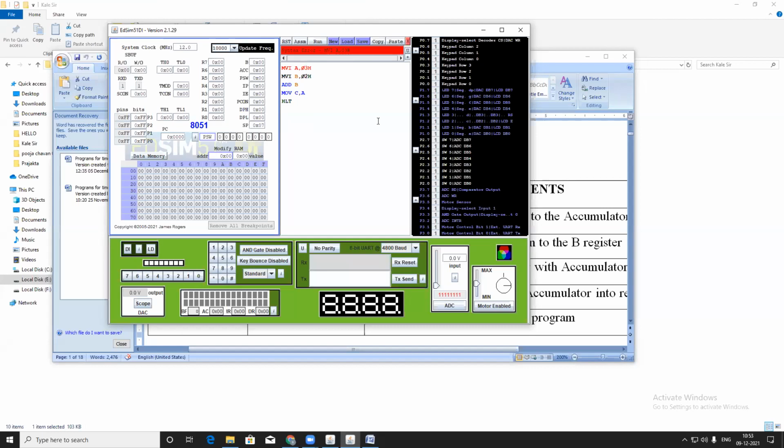This gives an error. What we have to do is fix the error. First, for the immediate addressing mode, write down the hash. Write down the hashes there.